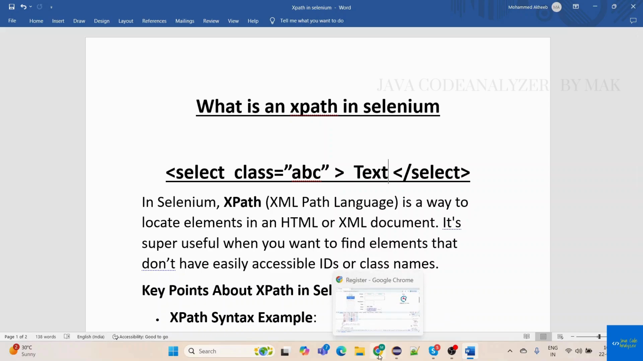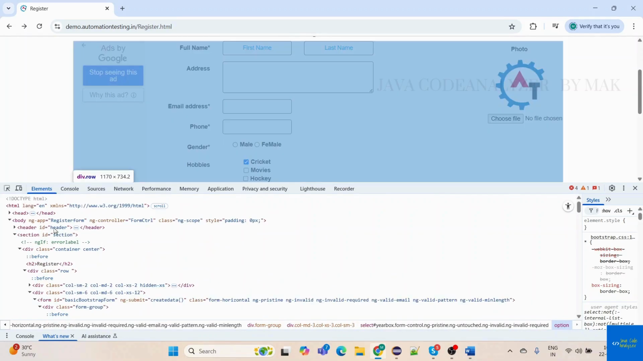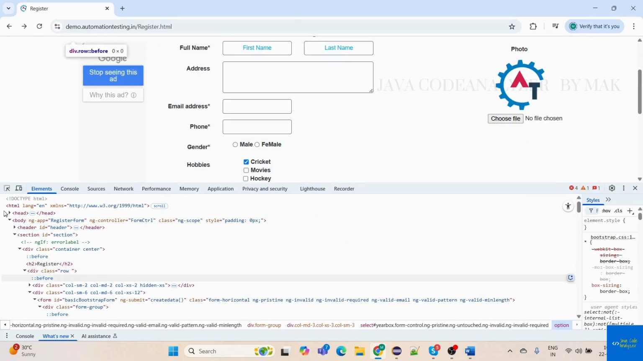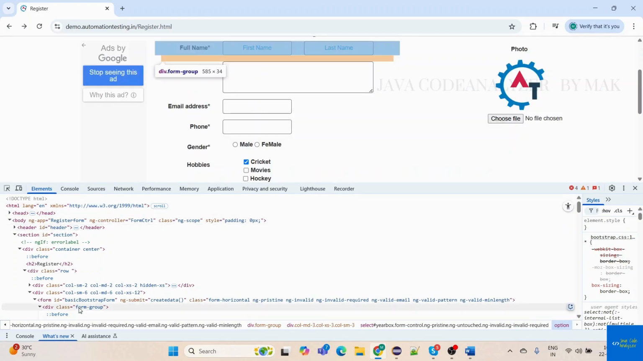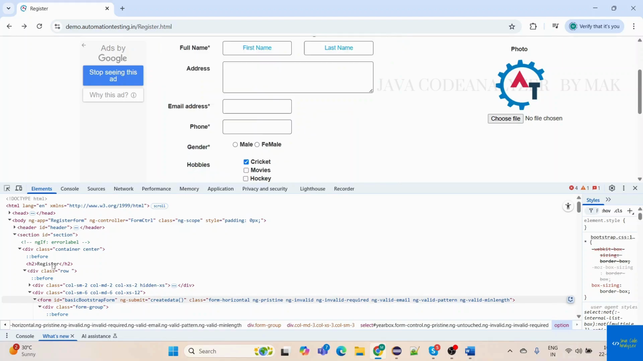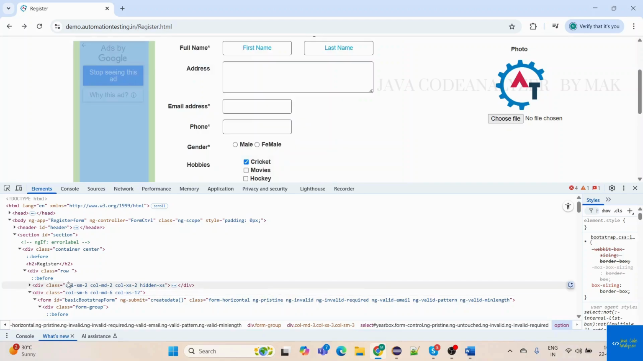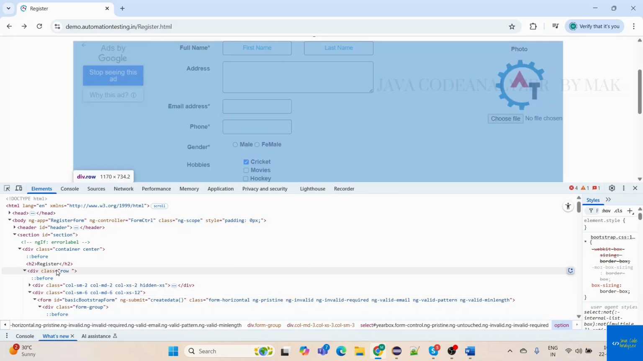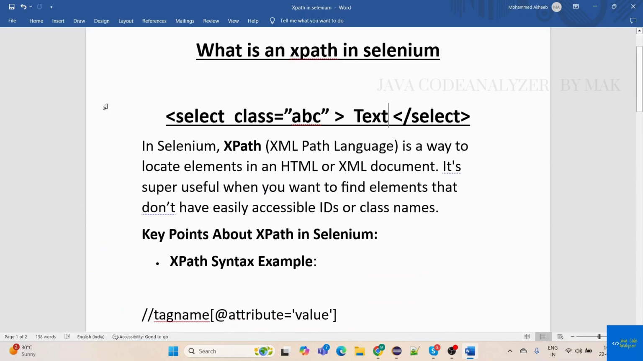Now, once we are done with this, we have got an idea of the DOM structure. The DOM structure always starts with HTML, head, body, like that, and later it will have all other elements, as this is an HTML script. Fine. Now let us see the different types of XPath and the different methods present in XPath. In Selenium, XPath is nothing but XML path language,